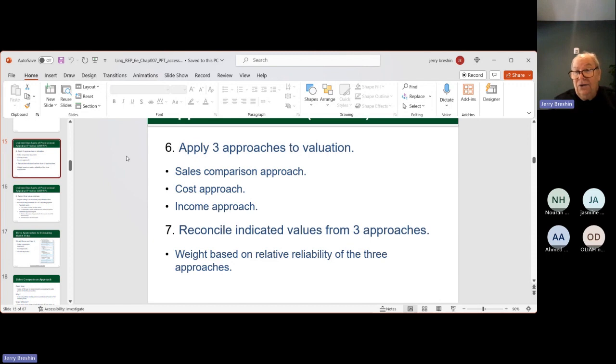Okay, your client wants to know what is the best value I can obtain this property for. You have to be able to explain to a client the difference between a market value, the investment value, and the transactional value. The biggest challenge I guess we all face as realtors is that sellers believe they can get more for their property than the market is willing to pay for it.